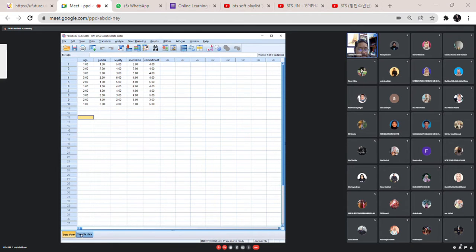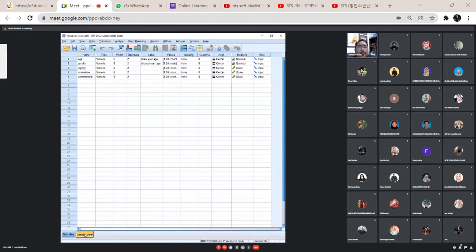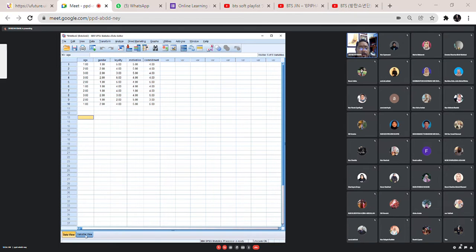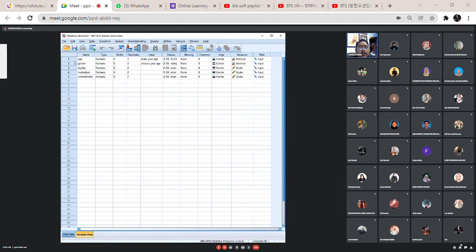Okay, so this is the variable view. Talking about the variable view, I'm going to create a variable, okay? I'm not going to clear the data. This is the data already baked in, but I'm going to show you how to create one. So for example,